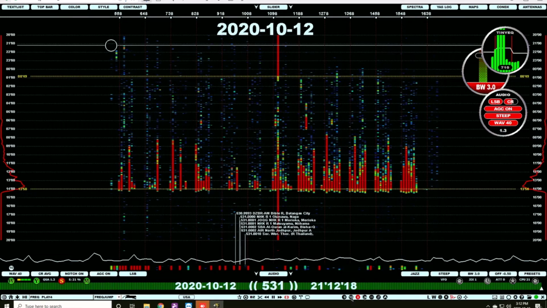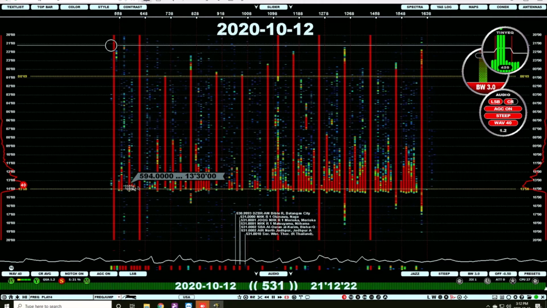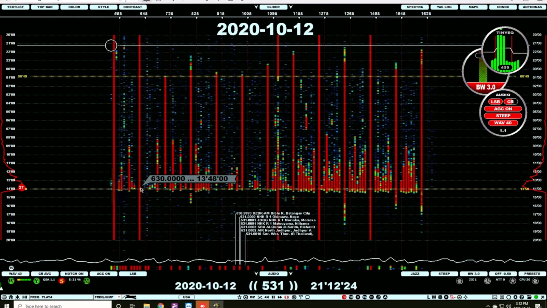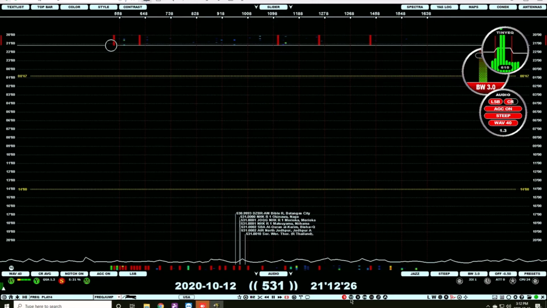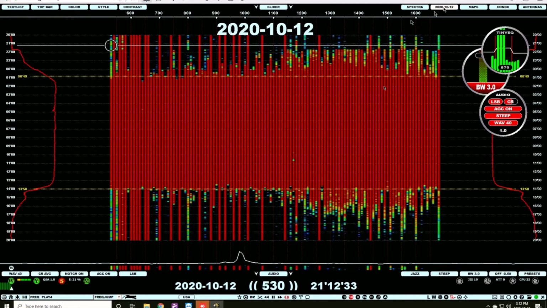So those are removed. I kind of like to have the 9s on because some of the 9s I can actually copy DX on. But if I were to put on the 10s, you'll notice right away, oops, I've got to go back here. If I go back, all of a sudden it's full, because of course all the domestics